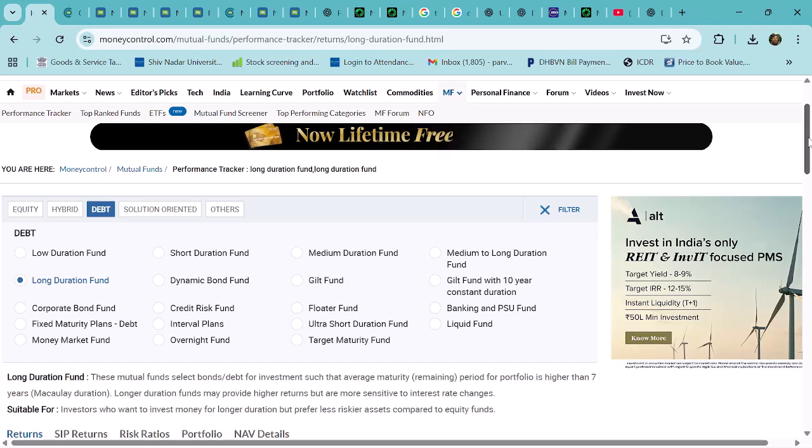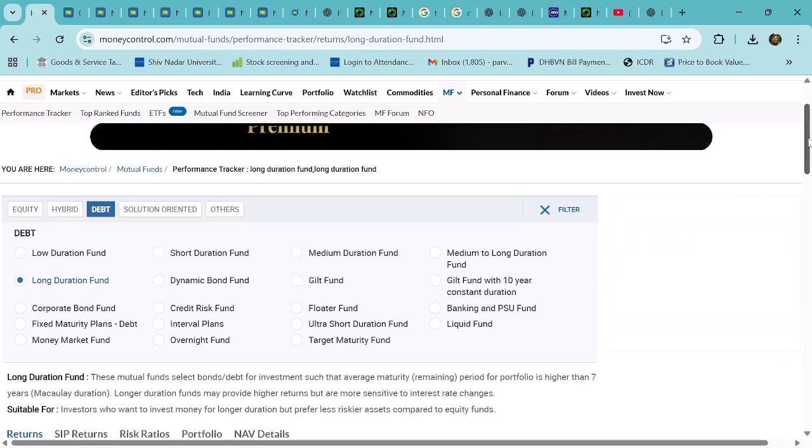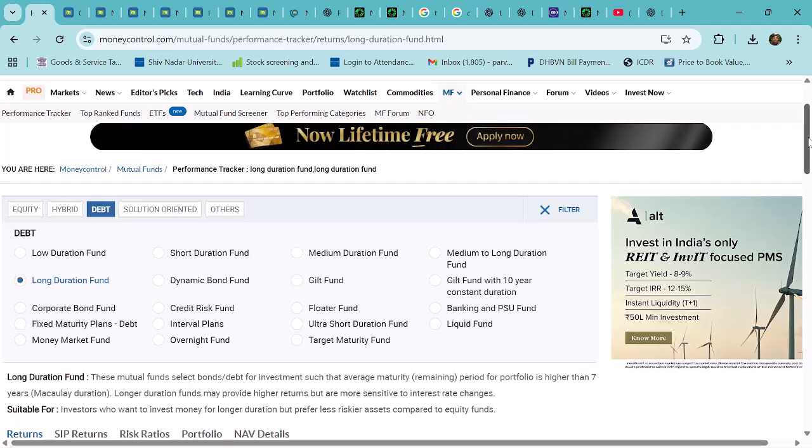Okay, fine. Have you got it? I'll just explain again, so please catch it again. Suppose you have invested in the long duration and you think that the interest rates are going to go down. Now, suppose you have invested in a bond which is having a coupon rate of 7%. So 7% you are getting every year. Now, if the interest rate goes down by 1%, the bond value will go up by 4 rupees. So 100 rupees will become 104 rupees. So the bond will be selling at 104. Suppose you sell that bond after a year, the bond price has changed. So you will get 4 rupees extra plus 7% coupon. So what is the total return? 11%. Have you got it?